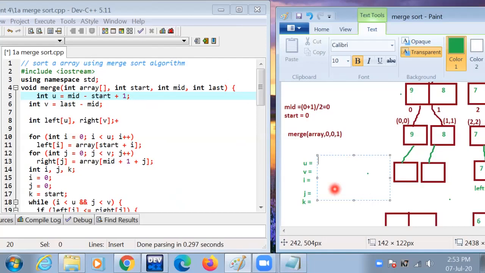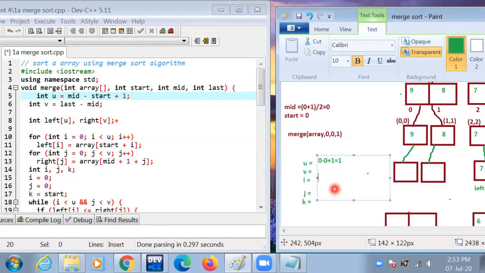Then u value is mid minus start. Mid value is 0 minus start value 0 plus 1 equals 1. The u value is 1.